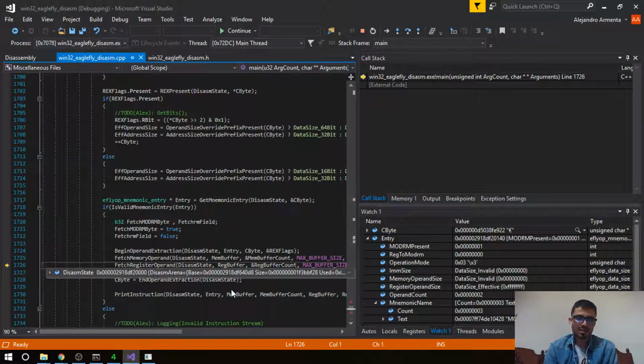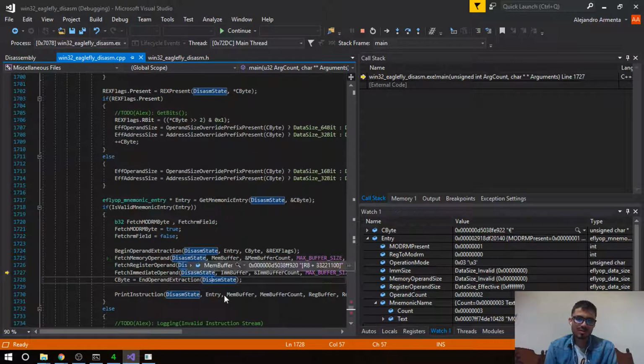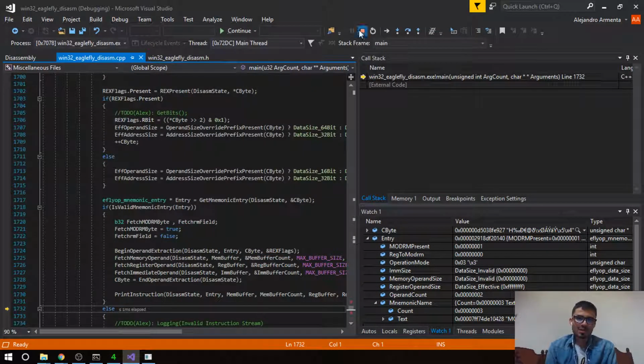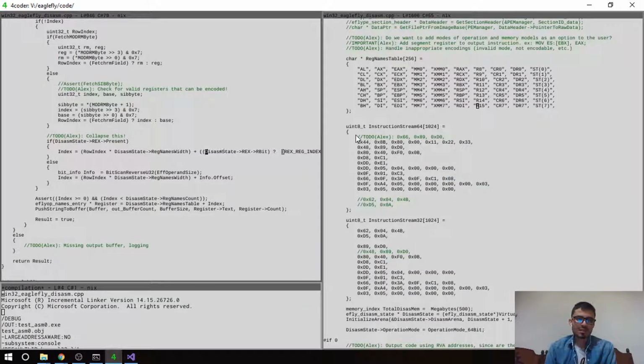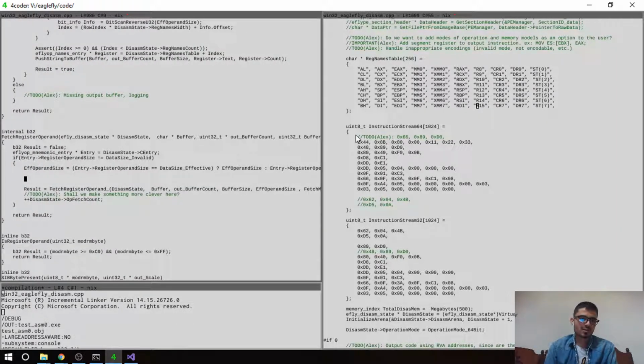And this has to be R8 as well. Yeah, this was R8 and the other was RAX. Okay, so finally we have R8 plus R blah blah blah. Okay, so we can change that pretty easily. So that probably tells me that this shouldn't be here and this should be here on the one we used for the rec, so that we make the resolution here. We have the effective operand size. We can also say that